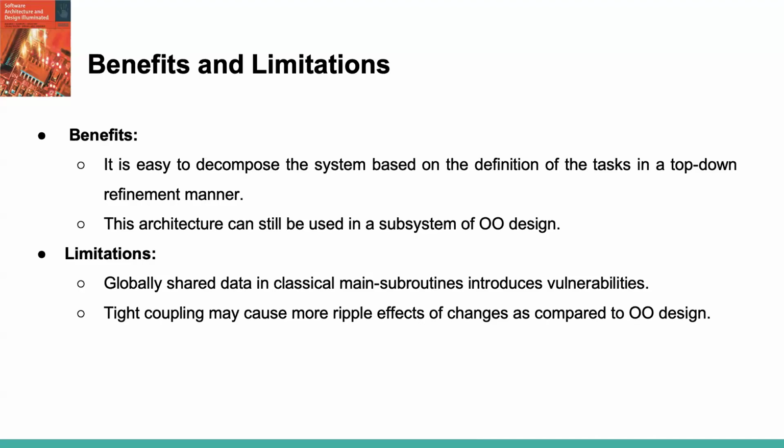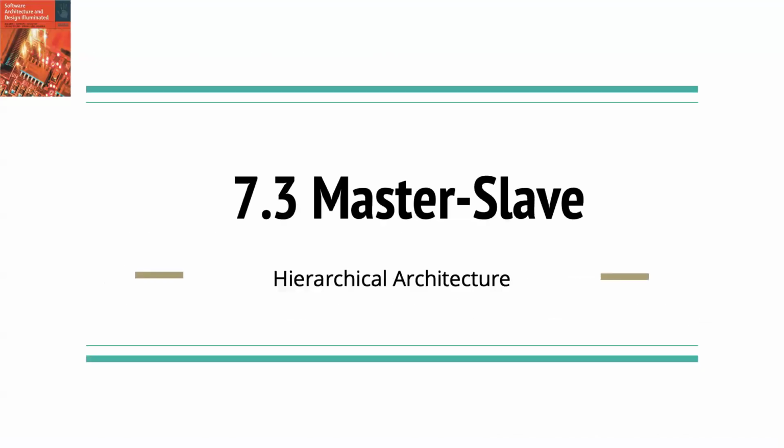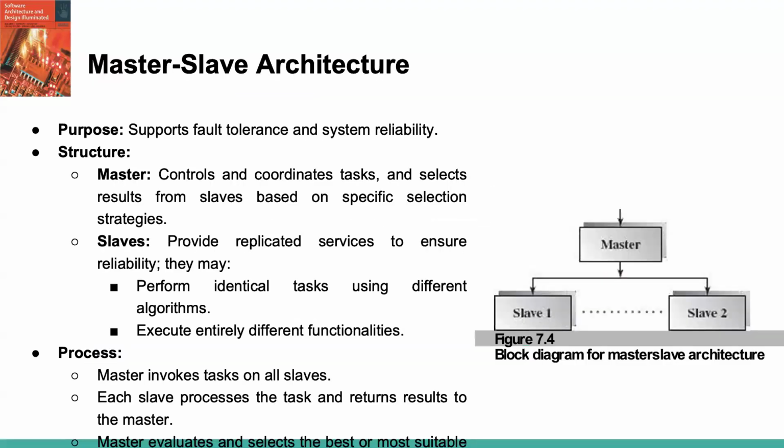accessible across multiple modules. Tight coupling in this design means that changes in one module can have a ripple effect, making the system more sensitive to changes compared to OO design, where encapsulation reduces this risk. In summary, while main subroutine architecture is useful for organizing tasks, careful attention is needed to manage data sharing and coupling. Next, let's discuss the master-slave architecture, a design structure that enhances fault tolerance and system reliability by distributing tasks